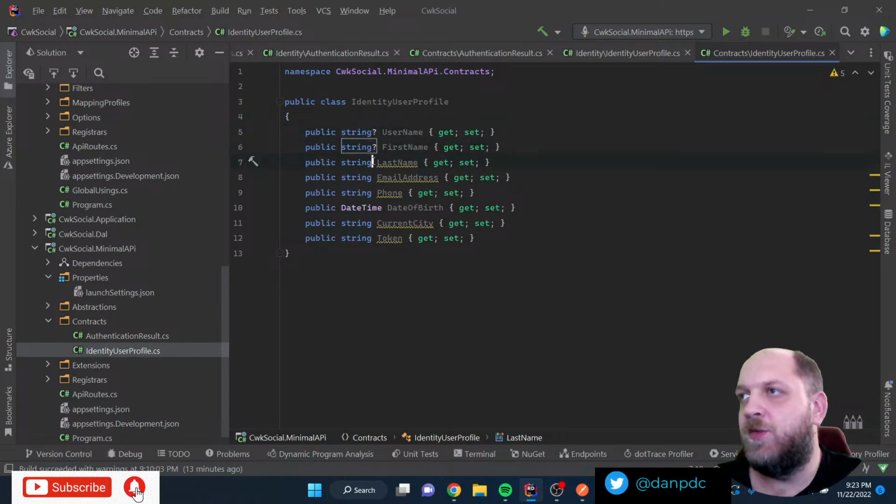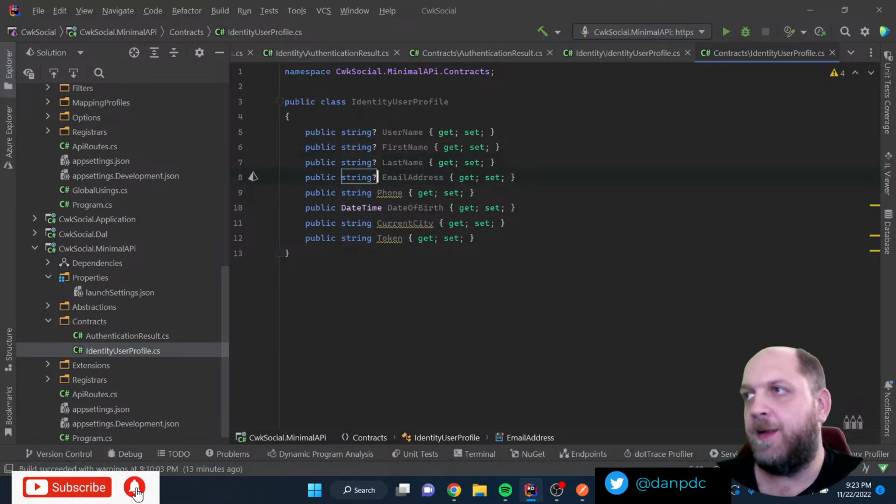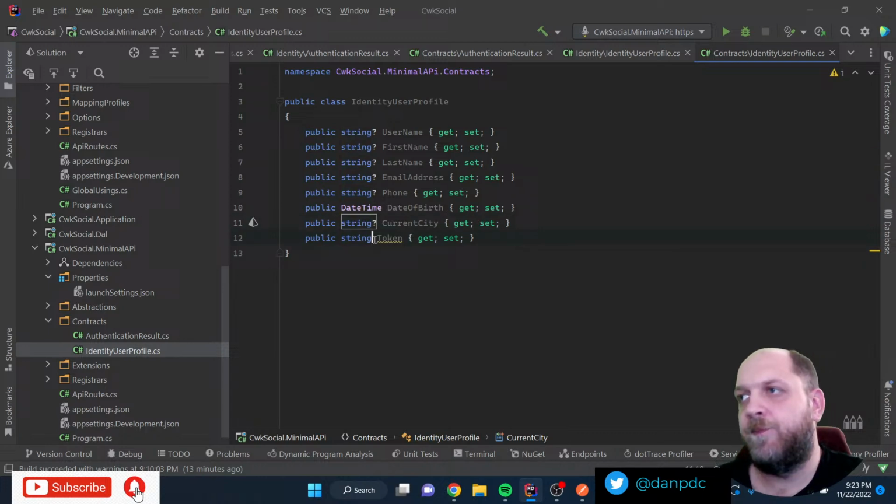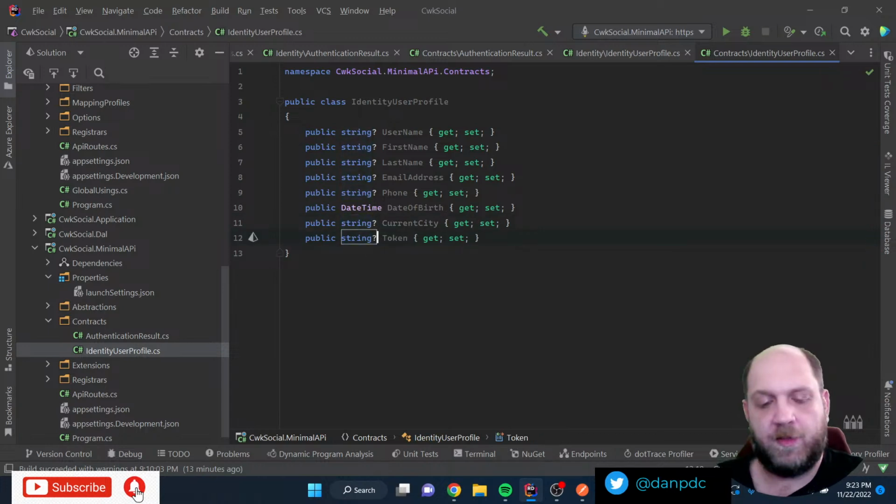Because if this is used as a contract in a request body, then I don't like this name, identity user profile. It's leaky, meaning that it describes what we are using under the hood, and that's not something good.